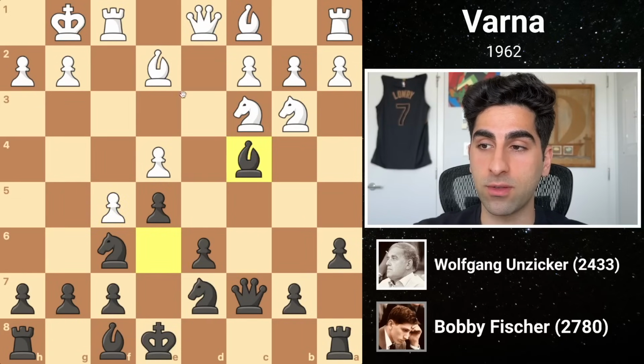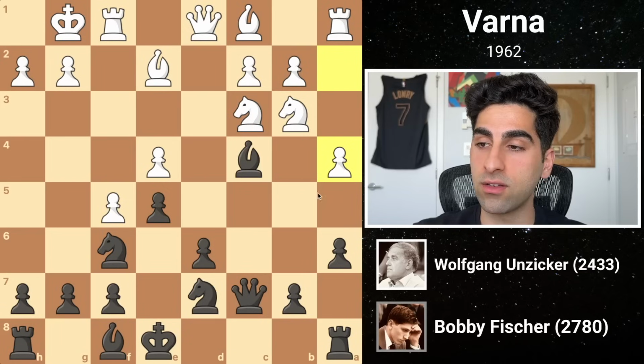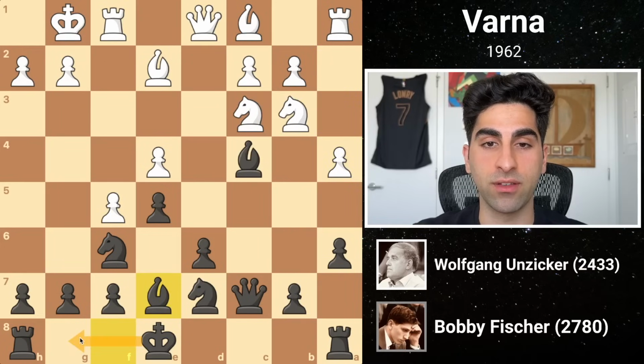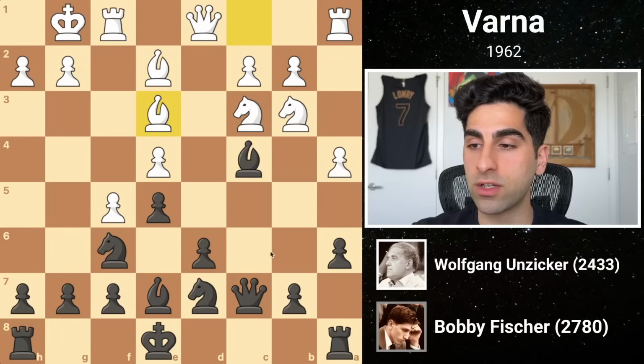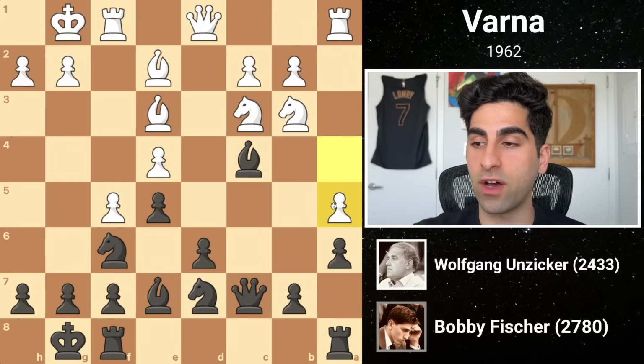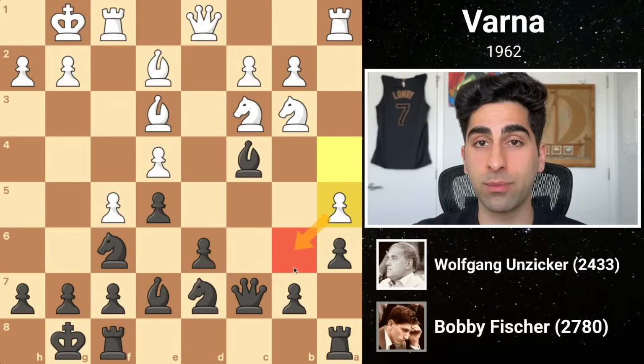White doesn't capture the bishop, because it would only activate black's queen, so he instead pushes a4 to hinder any black expansion on the queen side. Fischer develops his final minor piece with bishop e7 preparing to castle, and white brings his last minor piece out with bishop e3 looking at the weak b6 square. After black castles, white pushes a5, clamping down further on b6, so before it's too late, black pushes his b-pawn